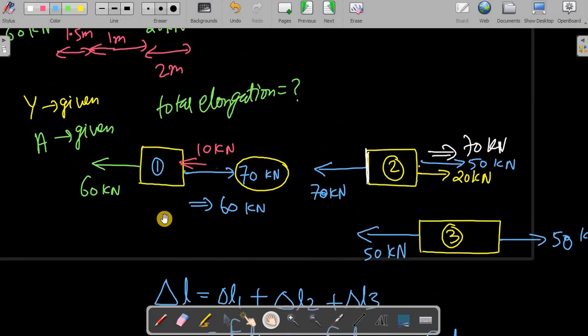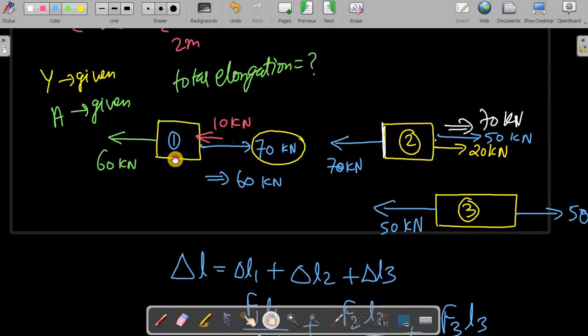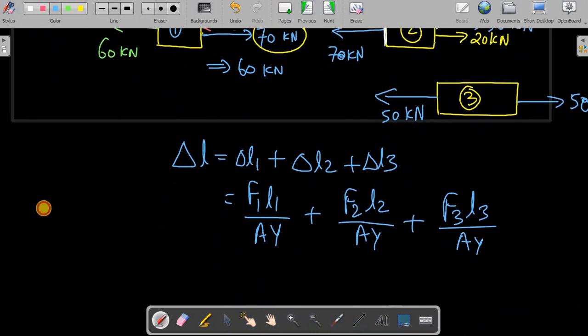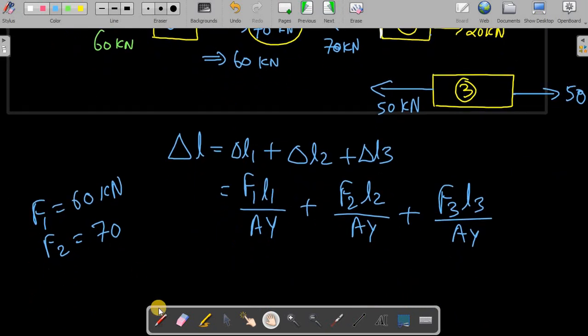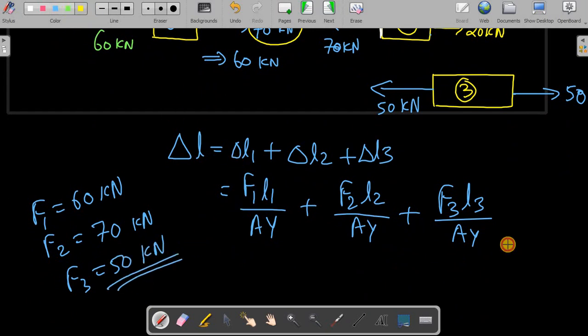So for example, F1 here is 60 kilonewton, F2 here is 70 kilonewton, and F3 here is 50 kilonewton. So we can use this and we can do the calculations for this type of problems. Okay, then